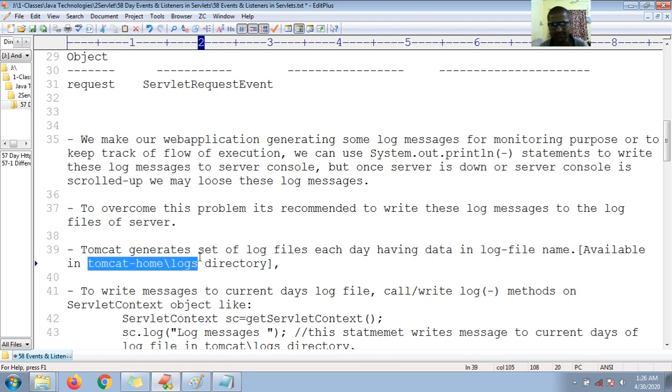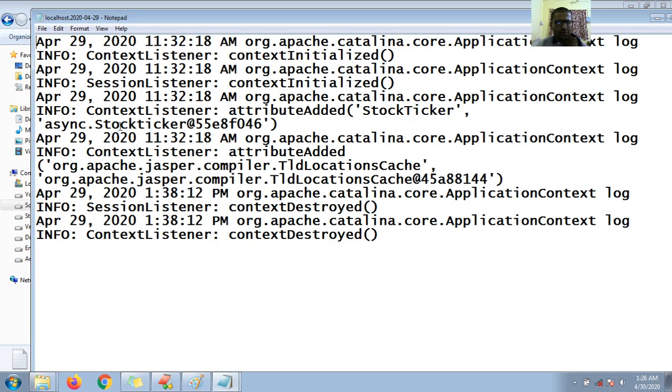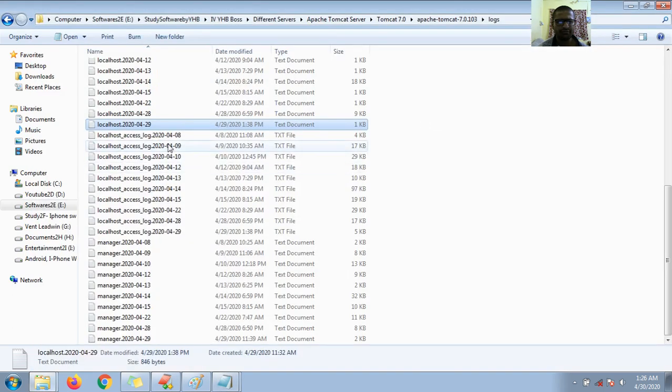So Tomcat generates a set of log files each day, having data in a log file. So it is available in the Tomcat logs. You can see here, this is my Tomcat home, and you will find it under the logs folder. So Tomcat localhost, you can see here, these are log messages, with the localhost and the date.